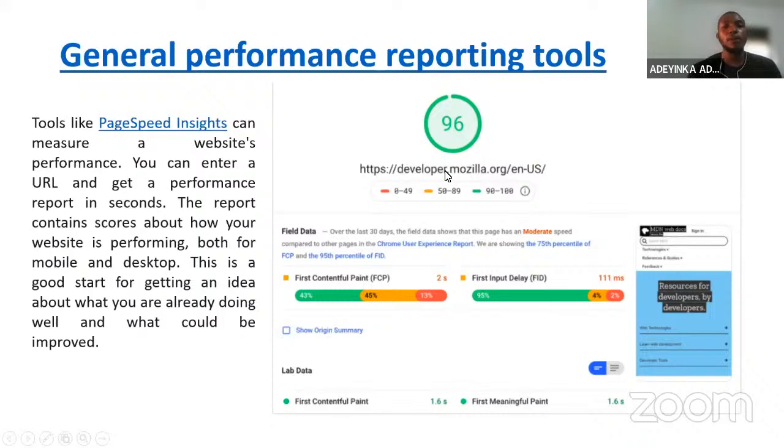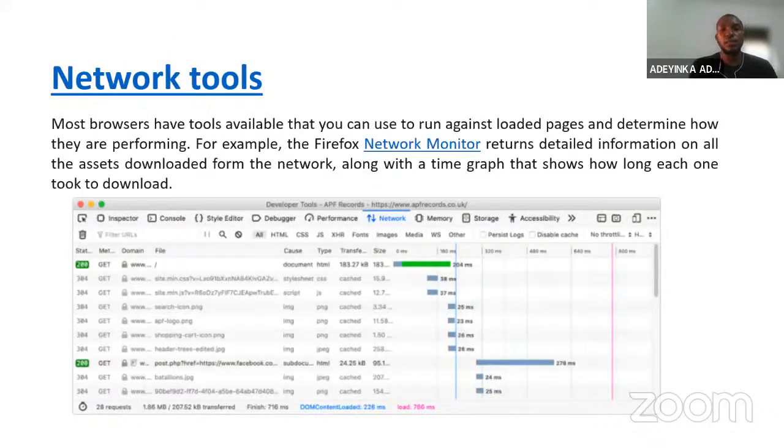So the network tool is another thing. Every modern browser has this tool. When you press F12, for example, in Chrome, Firefox, or your Edge browser, it's going to show the dev tool where there's a network tab that will show you how each of the content on the page has got loaded. So later in this presentation, we look into